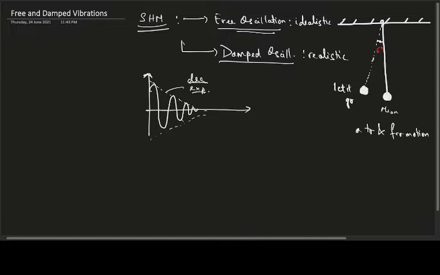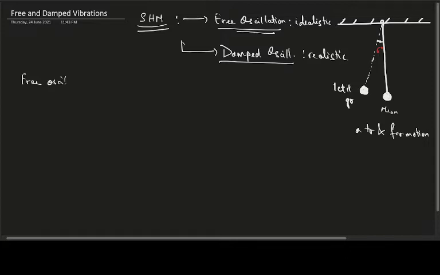So why does this happen like this? To know that, we have to solve the equations for both free as well as damped vibrations. Now vibration is a very general term. In this case, for the pendulum, what we have are known as oscillations. In the case of free oscillations, I am doing it on the left. In the case of damped oscillations, I'll do it on the right.